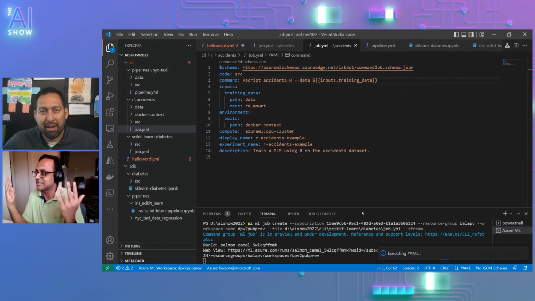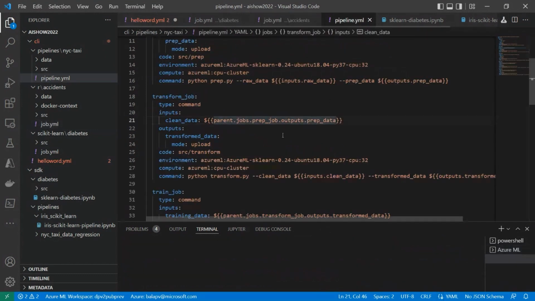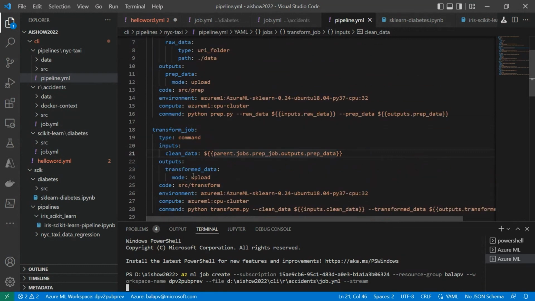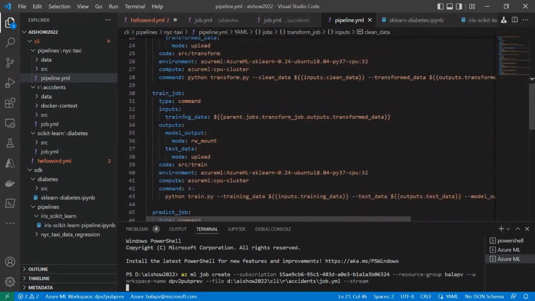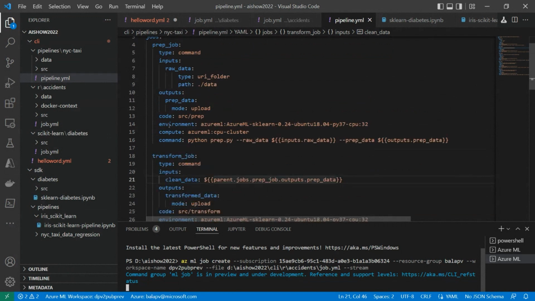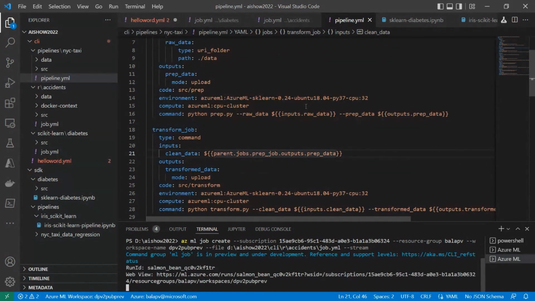So that shows how easy the language is, right? And not just single jobs. The next one is a pipeline. I have multiple jobs here. Say I have a prep job, a transform job, a train job and a predict job. All of them are defined in pretty much the same way, right? Type, inputs, outputs, environment, compute, and what the command is. And I run them also the same way, az ml job create this